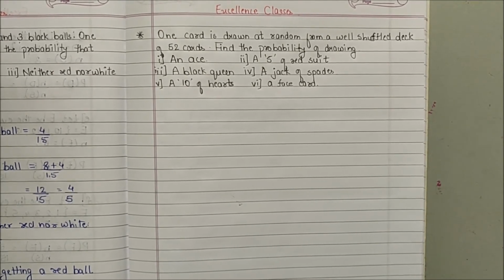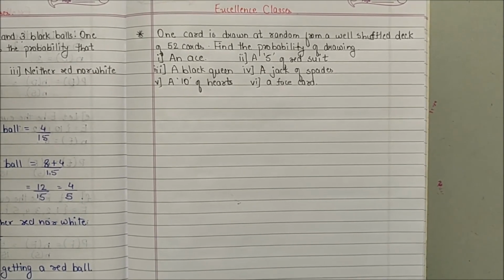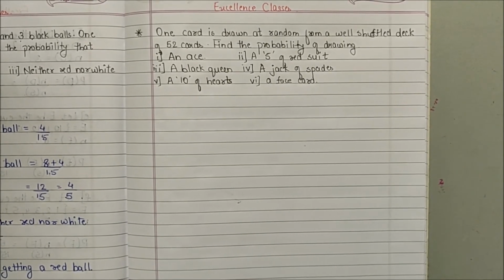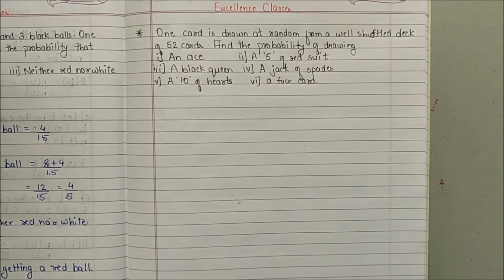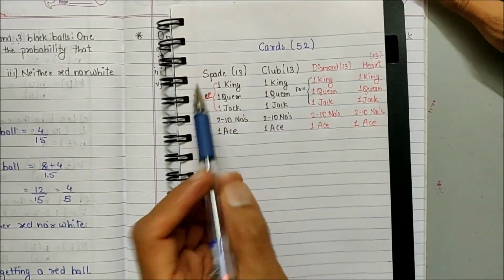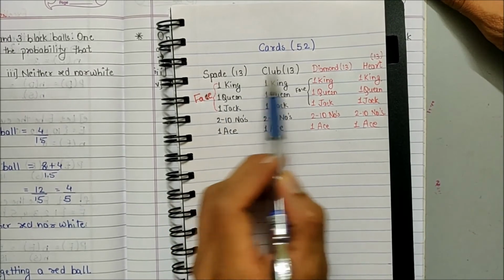So now as it is related to cards, let us first get a few things understood relating to your cards or 52 cards that are present. Okay, now see here, there are total 52 cards which are of 4 different types.